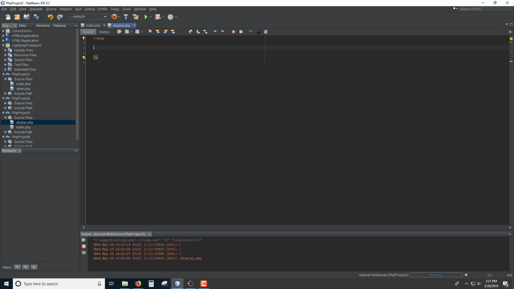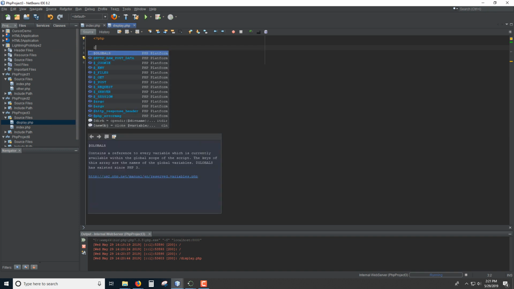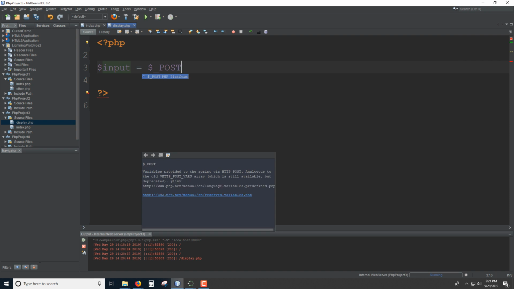Okay. So PHP, well, let's get a variable and we'll, here we go. Input equals $_ make sure this is all caps, POST,